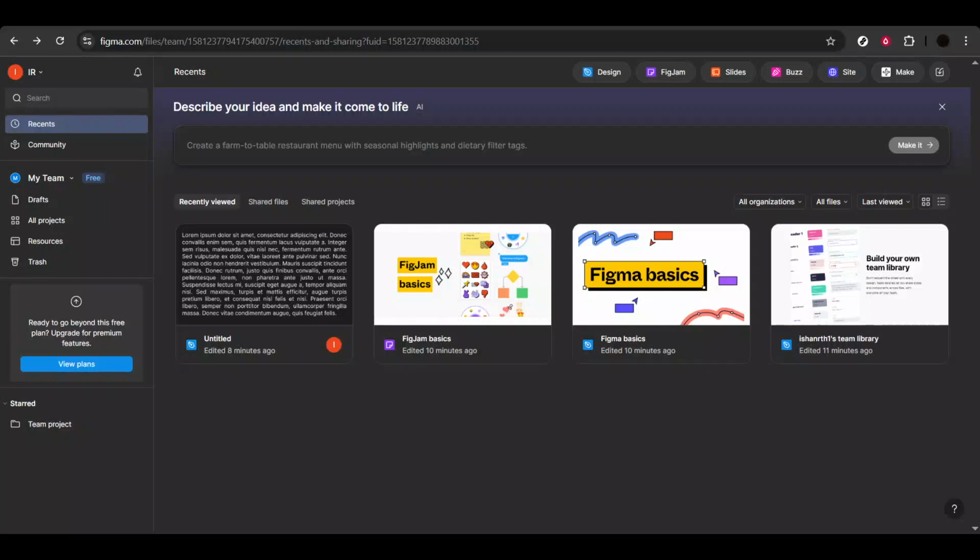In today's video, I'm going to teach you how to justify text in Figma. If you want your paragraphs to align cleanly on both the left and right edges for a polished publication-style look, this is the setting you're after. I'll walk you through where to find it, how to apply it, and a few tips to make your text